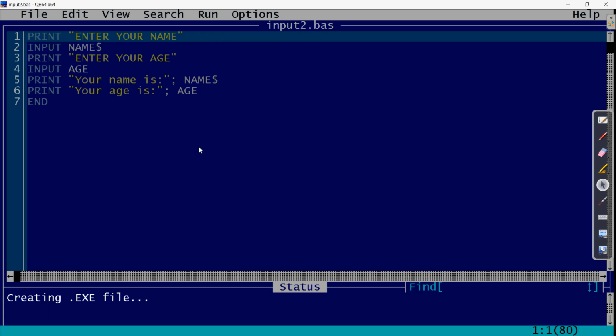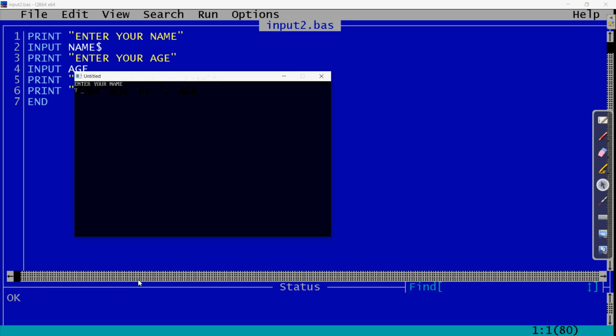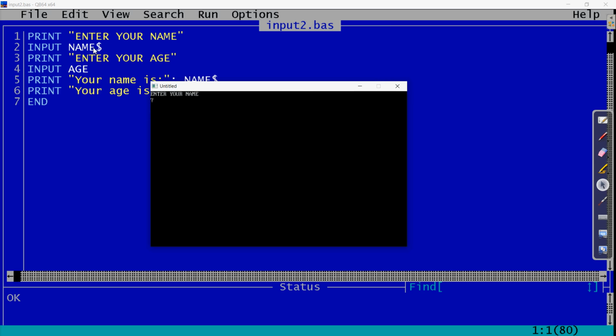Now the first line, let us wait for a few seconds. You can see here it is writing the status, it is creating the exe file. So whatever program we run is being executed in the exe file. The first line is "enter your name". Clear? The same message is printed here, which means the user can enter the name.